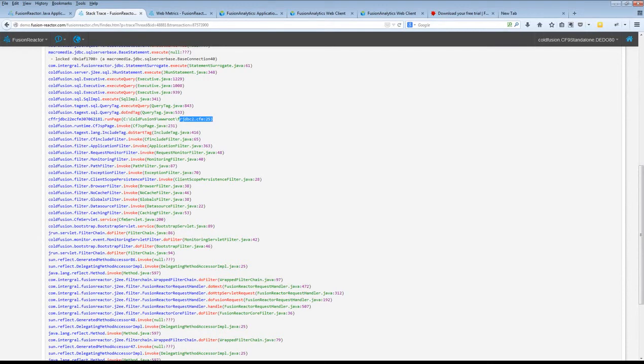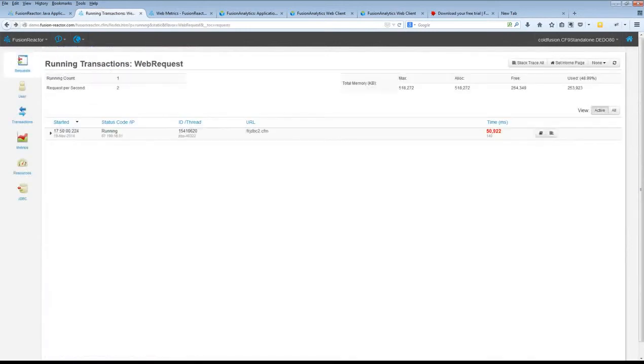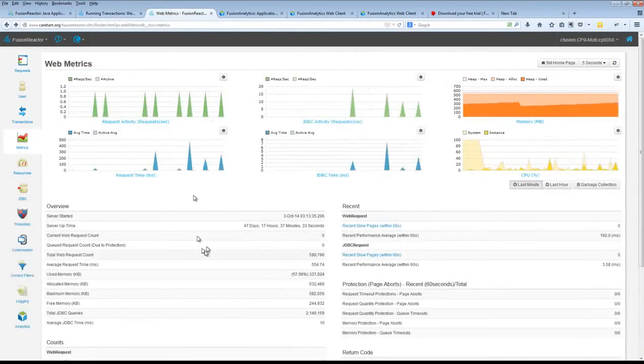Well, it could be that eventually this page is full of requests that are taking hundreds of seconds, and when you stack trace them, they're all doing CFHTTPs. Well, there's your problem. Go figure out why that third-party server is not responding. There's your problem, not ColdFusion. ColdFusion's the victim. And I don't have an example here right now, but on my website, I do believe, let me just do a quick,